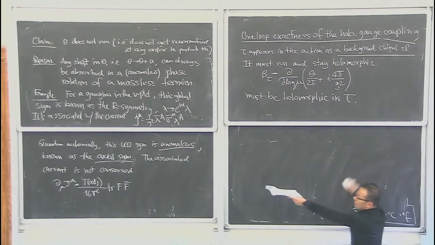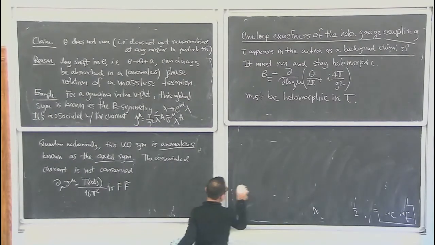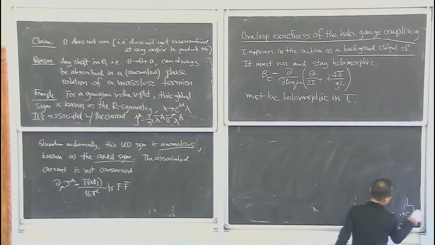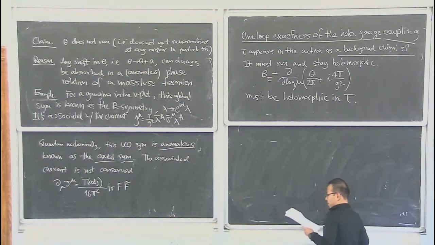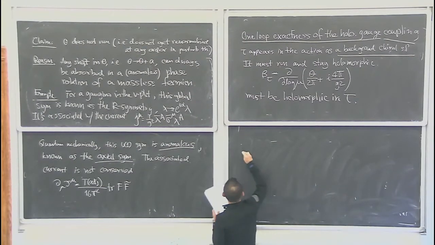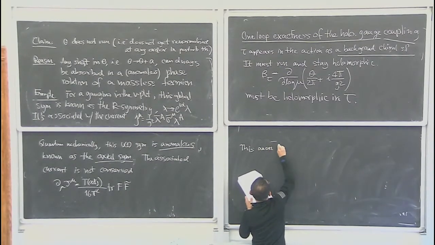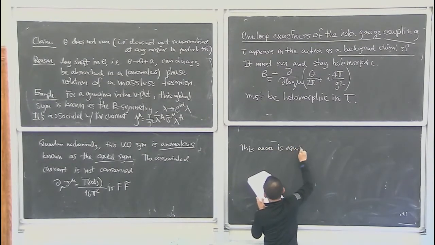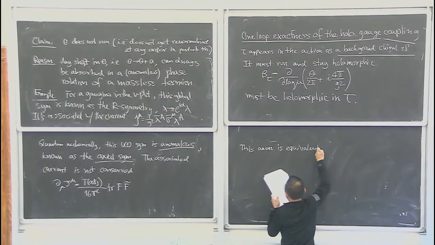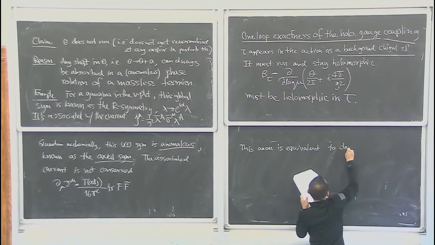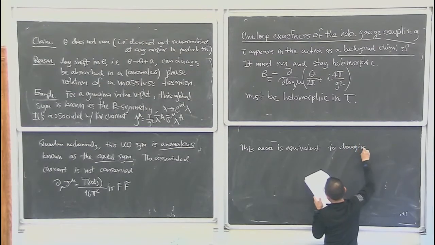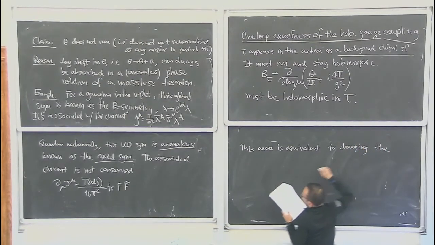Instead of J5, we just have this U1. So it's the same phenomenon. So this anomaly is equivalent to changing the path integral measure,